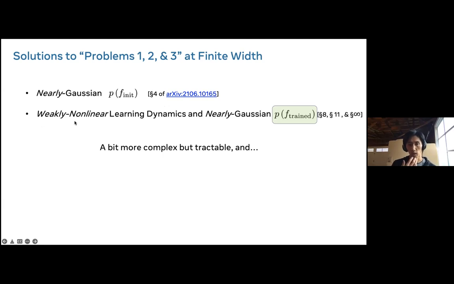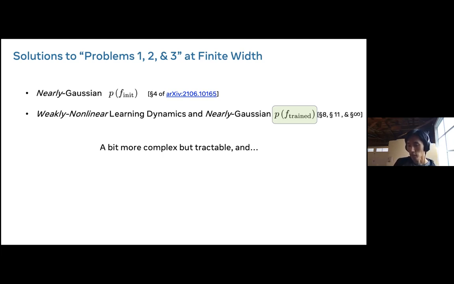And also you can furthermore solve the dynamics, and it's going to be weakly nonlinear learning dynamics, which is to say that you can actually use time-dependent perturbation theory. And once you understand that, you can just crank the wheel, as people say. It's a little bit messy, but you can do it, and you can actually get the closed form solution after the training in terms of initial